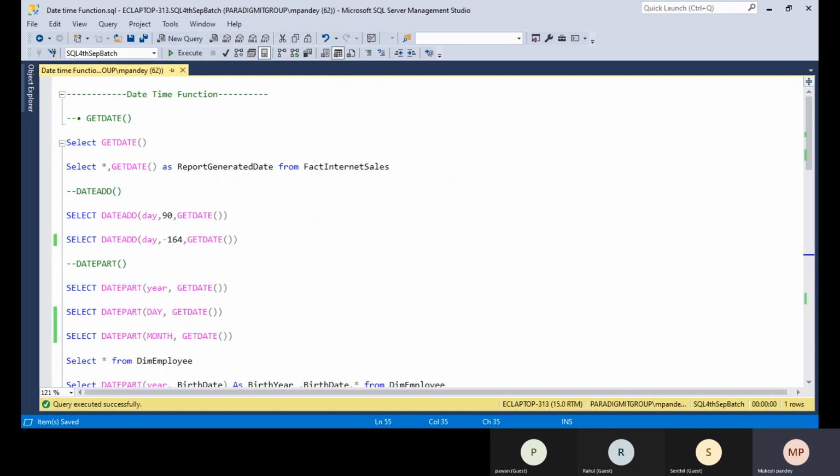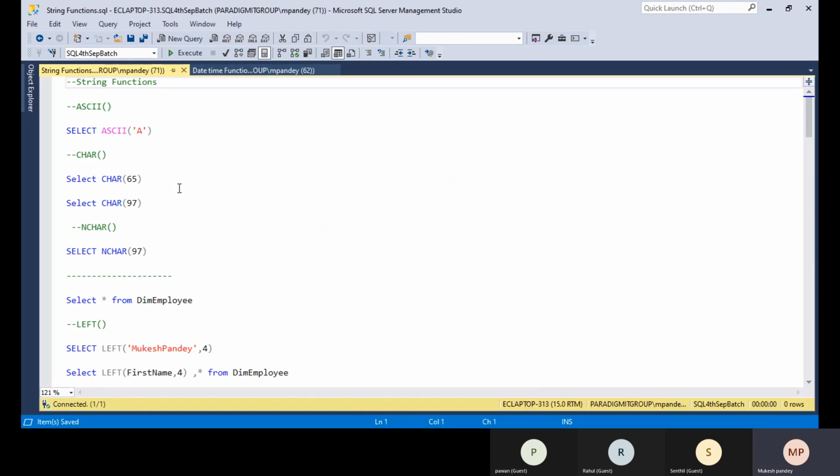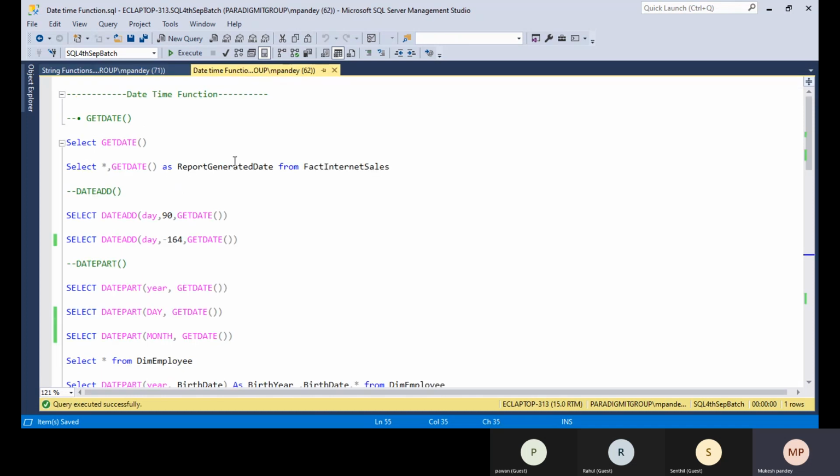The date time functions are basically used to work on date time. I also shared all the theoretical parts in a Word document in the Google Drive, so don't worry about that. Each and everything I'm discussing is also included in the Word document.